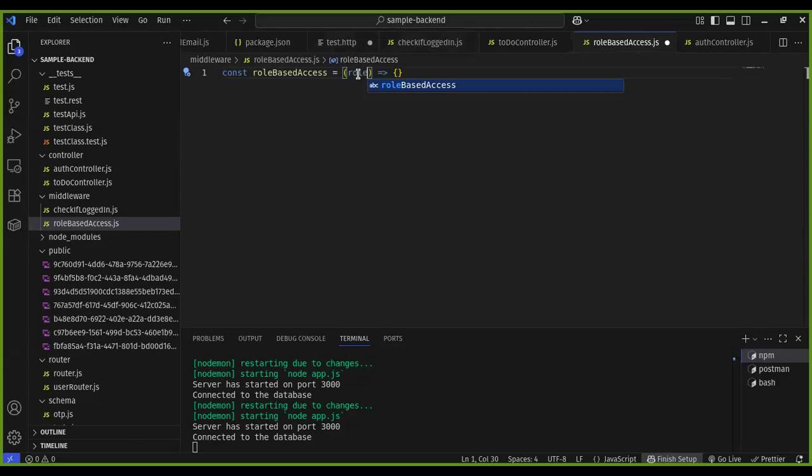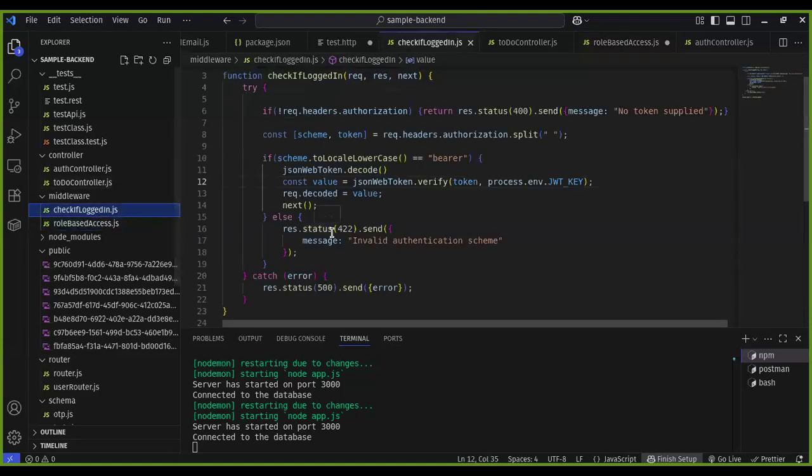So this role here, I'm assuming I'm passing an array to it. Then what I'm going to do here is I'm going to say if the role here includes,